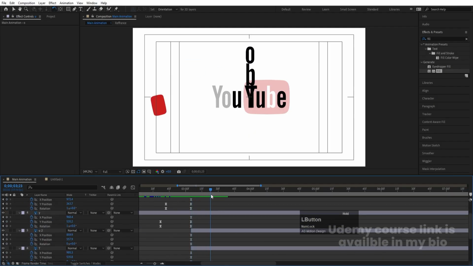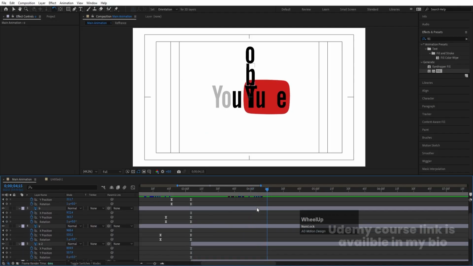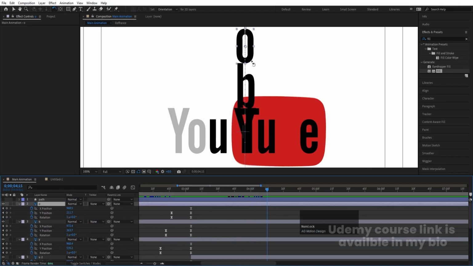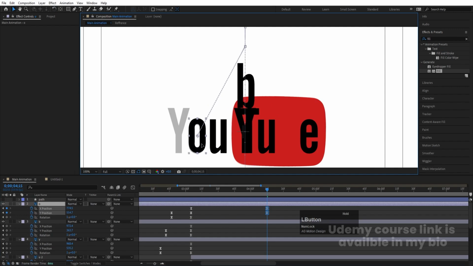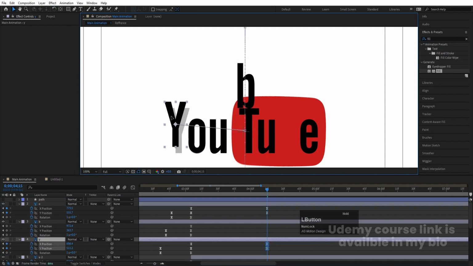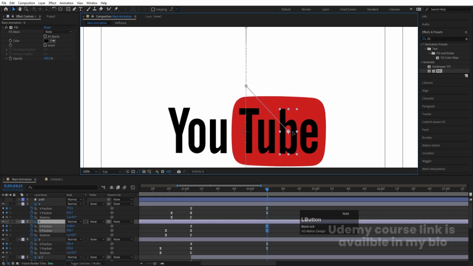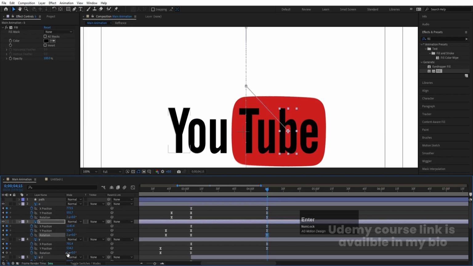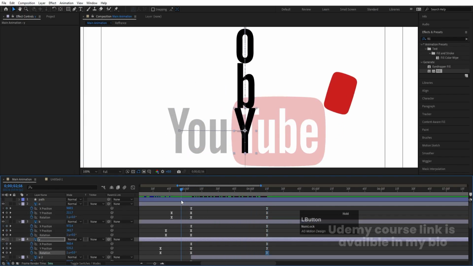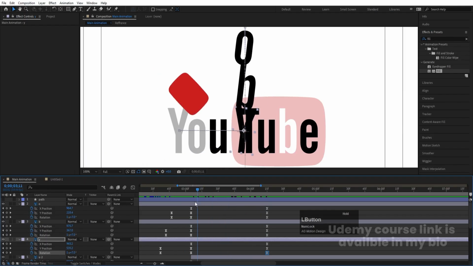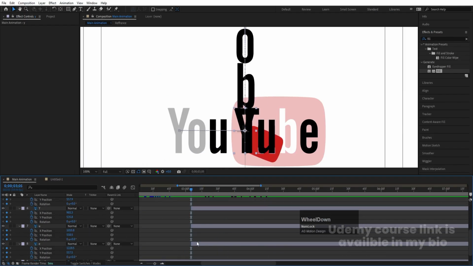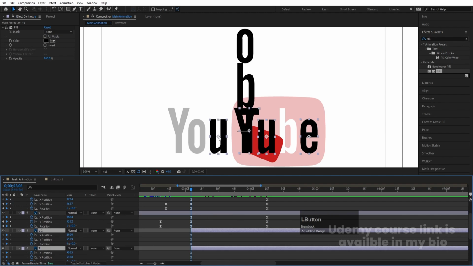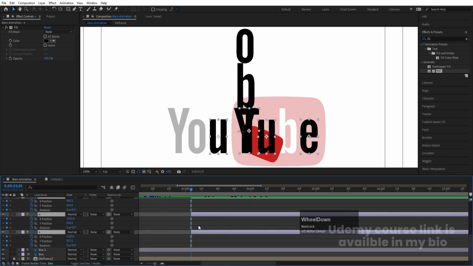Okay, then somewhere around 4 to 15 frames, I'm going to select this O, and this O should be over here like this. This U, this should be over here. This B should be over here like that. Okay, now rotation, I'm going to make this 2 rotations, 2 rotations and 2 rotations. So if you see, we are getting something like that. Okay, similarly all the other alphabets at this point, which are this U and this E,